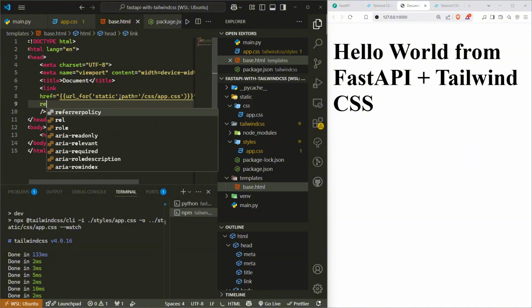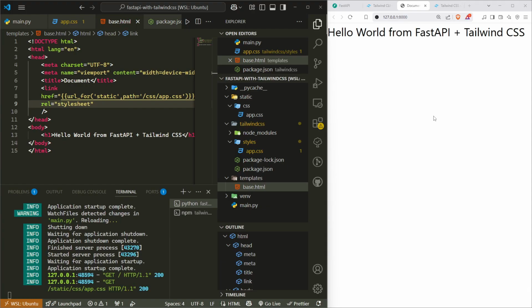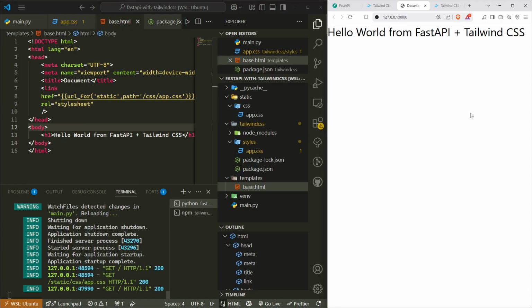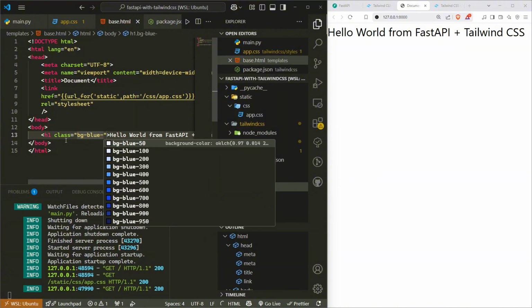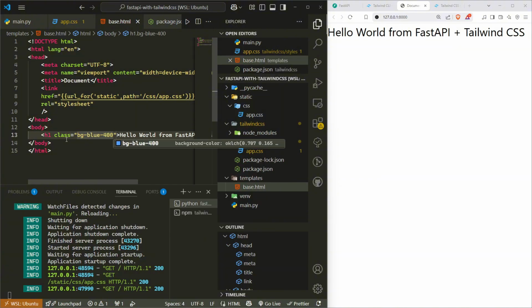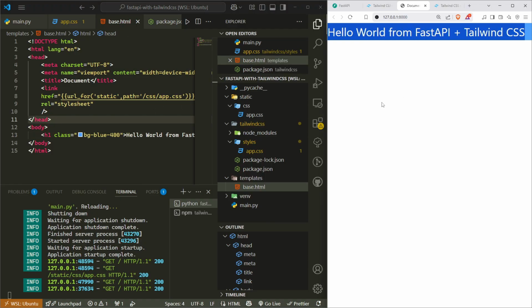Of course, let's add the rel attribute, and this will be stylesheet. Let's hit on save and reload the page. And as you might see, the styles now are coming from our app.css file. For example, if I add a background blue 400, now we have Tailwind CSS 4 set up on our